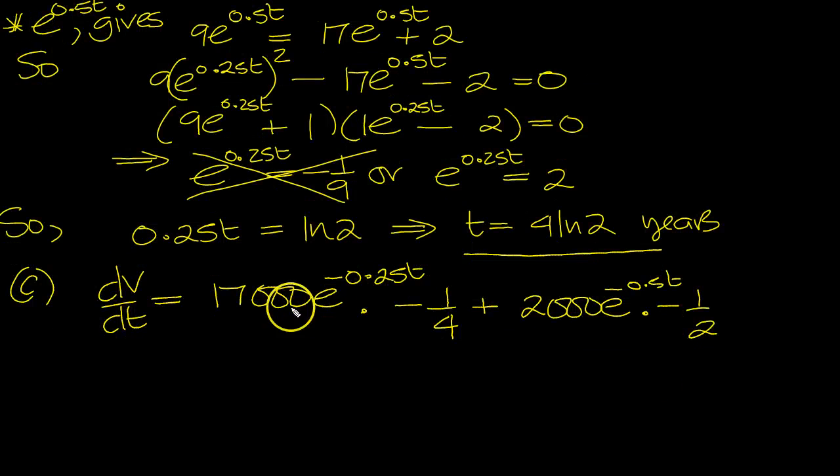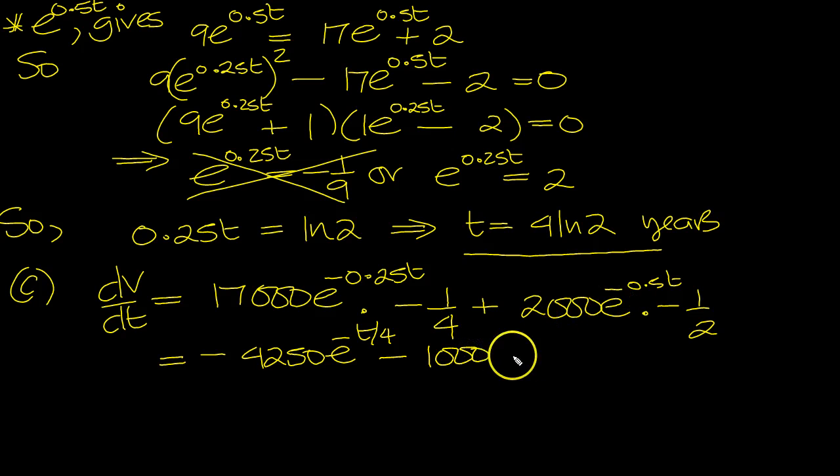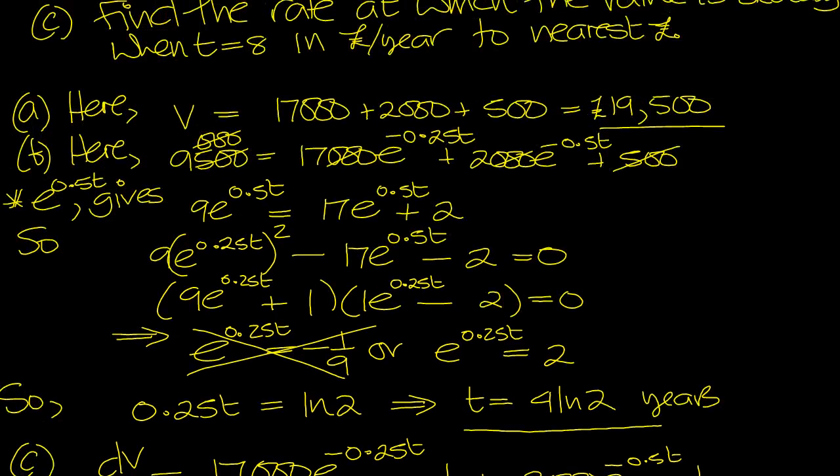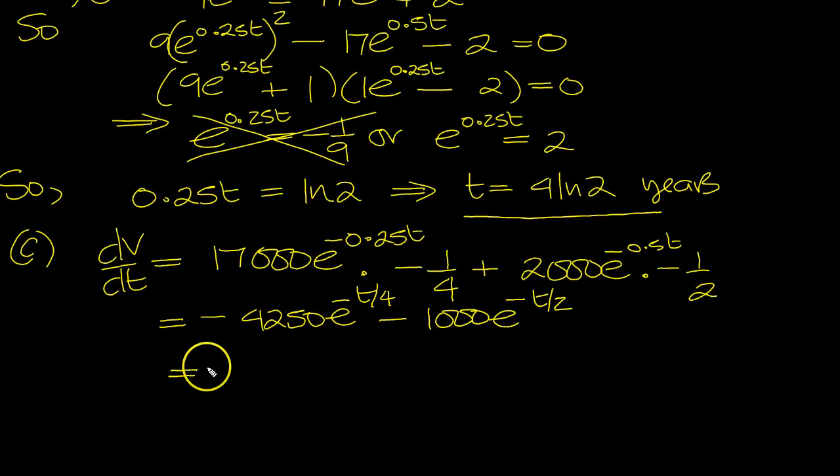So dV/dt is equal to that then, which equals, divide by 4, 8,500, 4,250, minus 4,250 e to the minus t over 4, plus, that's a quarter, rather than write the decimal, minus 2,000 over 2 is 1,000, e to the minus 0.5t is minus t over 2, which equals, now when t equals 8, minus 4,250 e to the minus 8 over 4 is 2, minus 1,000, 8 over 2 is 4, is e to the minus 4,